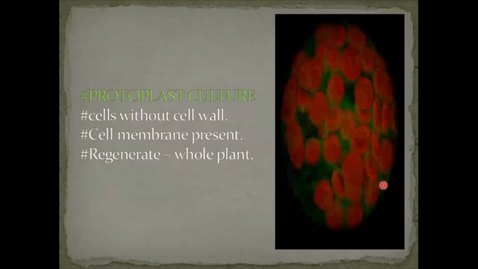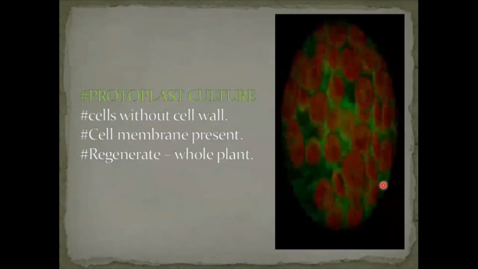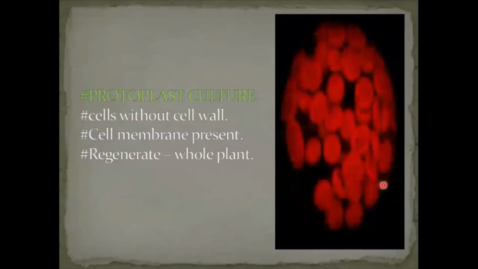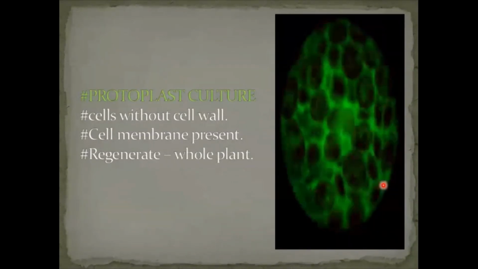We all know that a protoplast is a cell without a cell wall. For isolation of a protoplast, we follow a number of techniques. First, we have to dissolve the cell wall. Then after cell wall removal, we use the cell along with the membrane. The protoplast is used directly, or after the fusion of two different types of protoplast, the fused hybrid protoplast can be used for the regeneration of an entire organism.